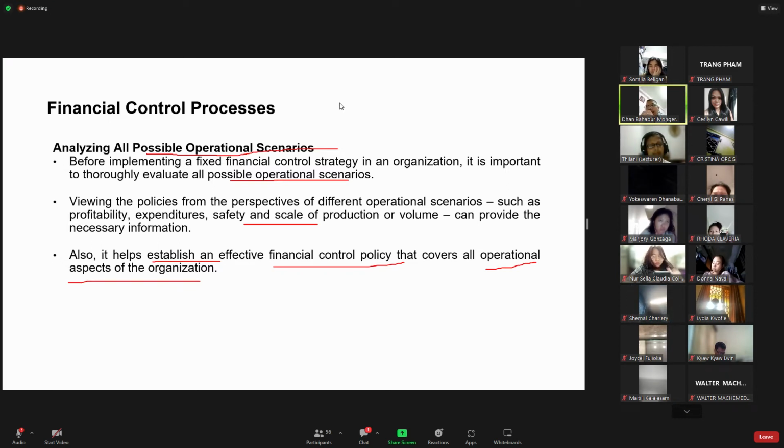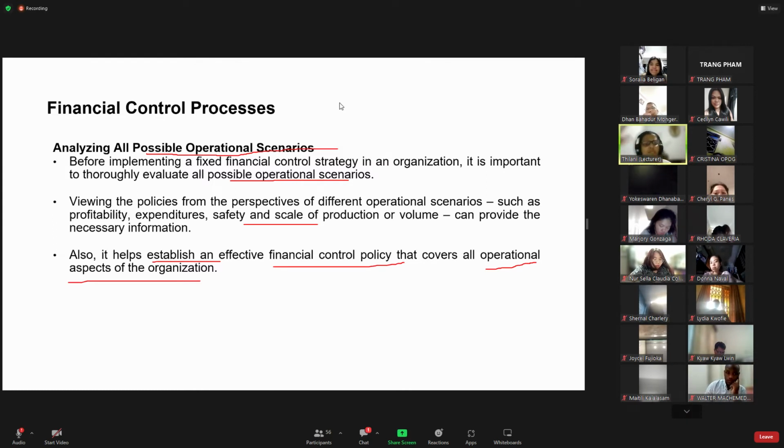As per demand, then only we have to implement this, like implementing goods, something like that. Yeah, good financial control policies, and that will help the operational aspects of the organization as